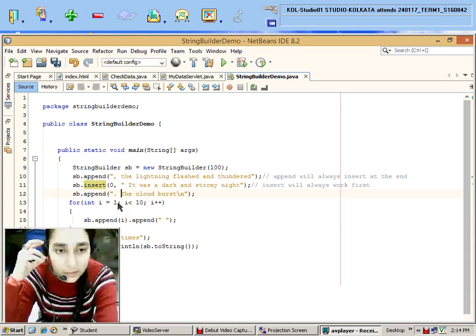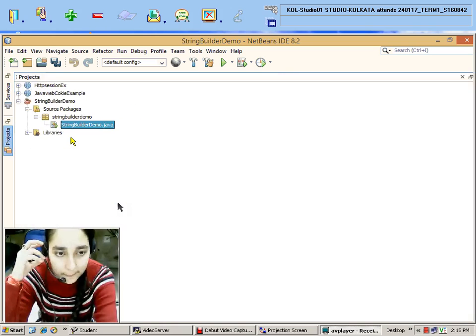Again we are appending what is this? The third bracket, and we are closing it. Okay. So that's why when I run this project,